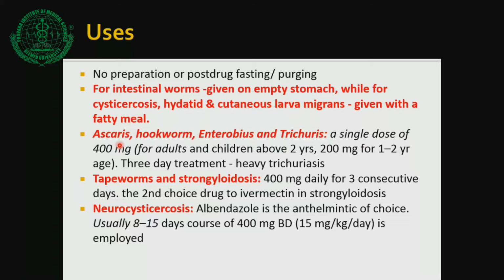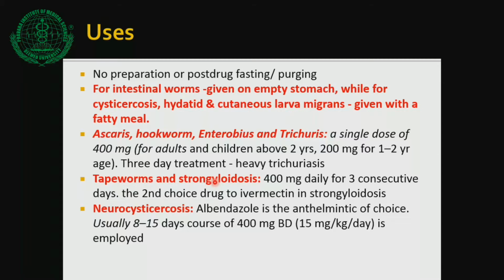its absorption. Okay. For Ascaris, hookworm, Enterobius and Trichuris, a single dose of 400 milligram of Albendazole is required, and this dose is the same for adults as well as for children above 2 years of age. While for children between 1 to 2 years of age, the dose required is 200 milligram. For tapeworm, that is a cestode, and for strongyloidosis, the dose requirement is 400 milligram daily for 3 consecutive days. So the same dose, 400 milligram daily, but not for one day, it is for 3 days if it is a